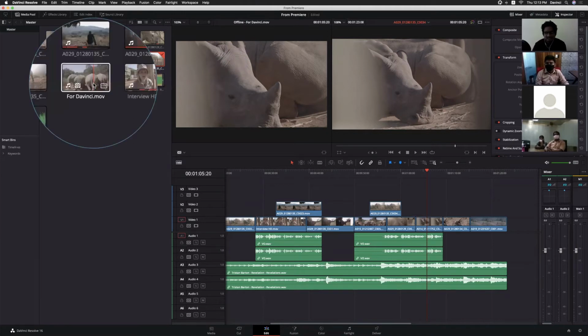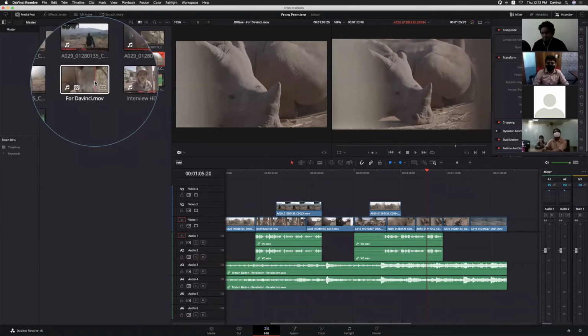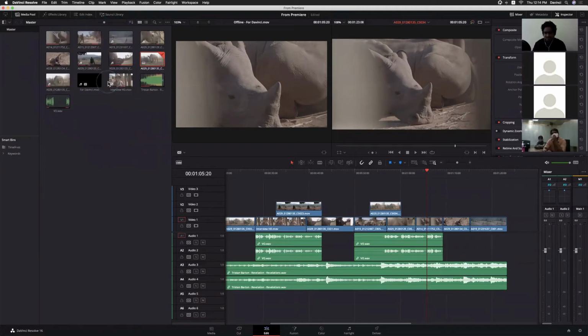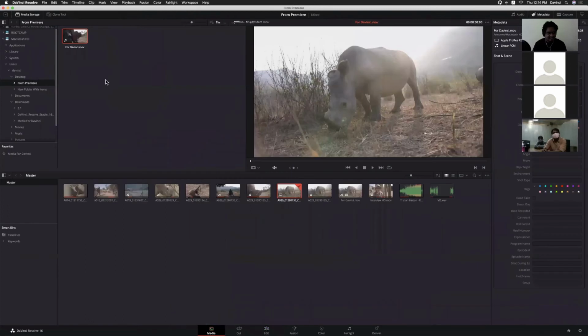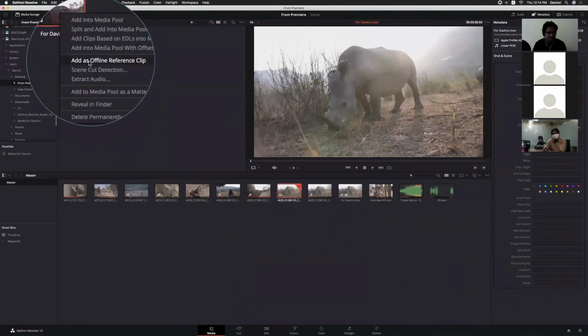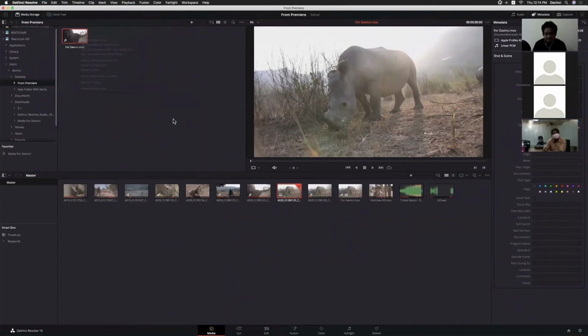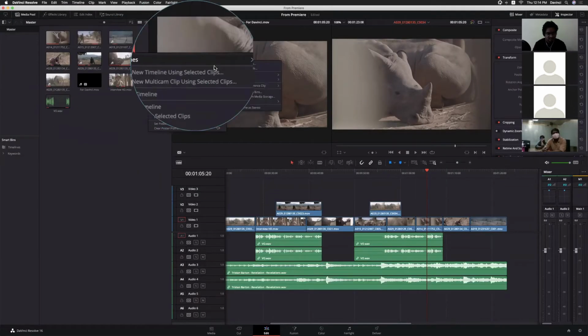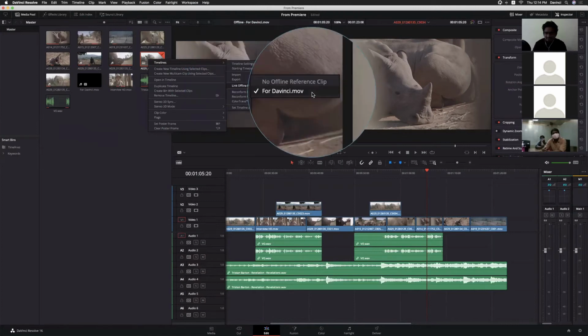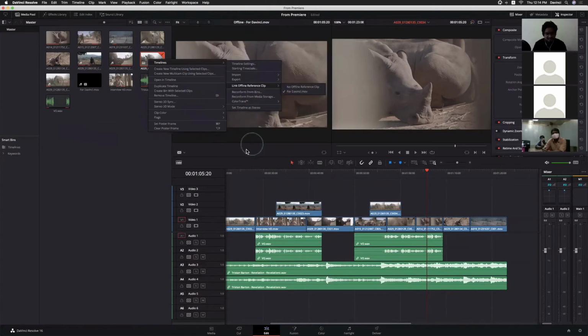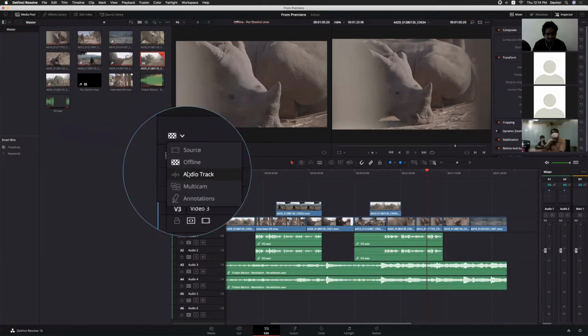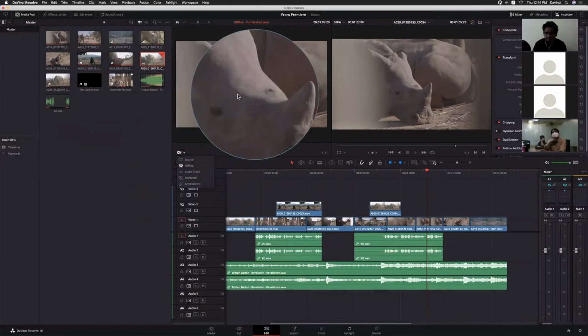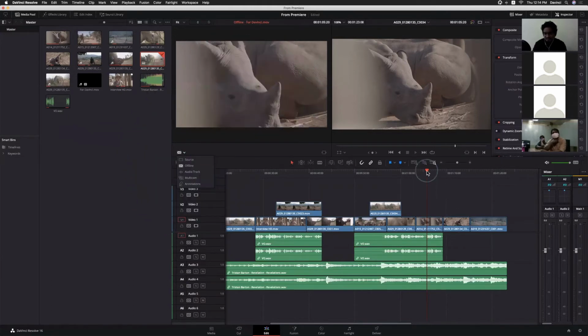So in this way, we can use the offline reference clip to check with the XML. You need to add that particular clip as an offline reference clip, and you need to link your timeline to that reference clip. After that, you need to load that offline clip into your viewer so that we can check with the timeline and everything.